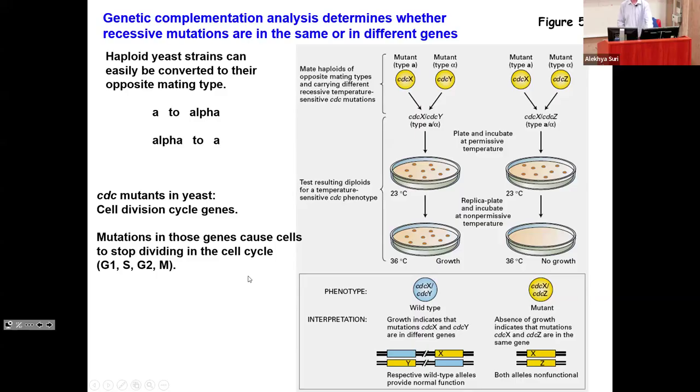And this is again, we deal here with recessive mutations, not with dominant. That wouldn't work. Okay, so